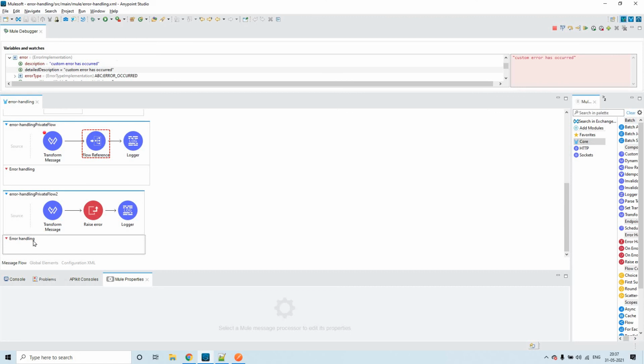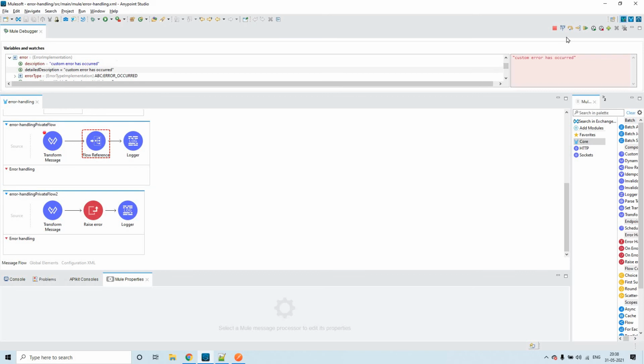It didn't find anything in the error handling. We have disconnected the relationship between this flow and the global error handler. Now virtually there is no global error handler in this project. So that is the reason I didn't find anything here. So the error has been propagated to the parent flow.